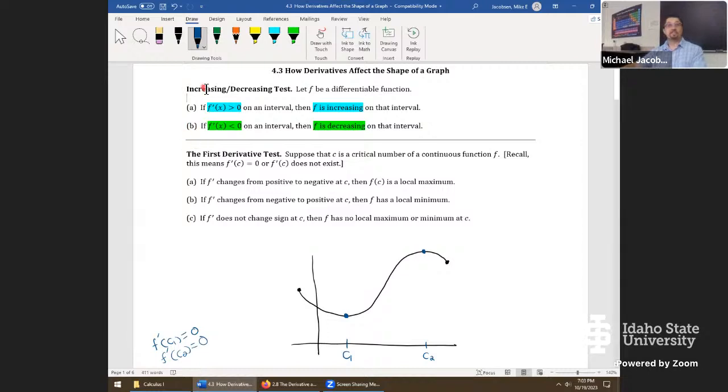But now let's look at the increasing decreasing test once again. If we're over here, what would you all say the sign of the derivative must be? Is that a negative derivative or a positive one? Good call. This one would be negative. And if we put a tangent line on this, that tangent line would have a slope that's negative since it's going down. And so we can say all the way in this range,